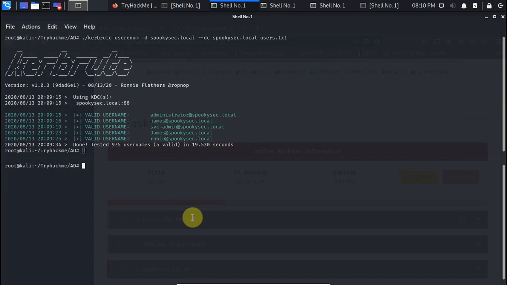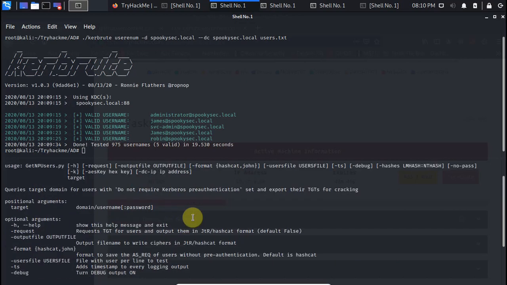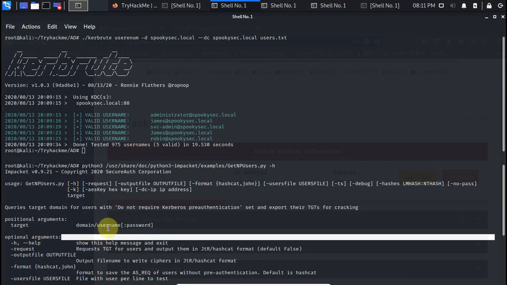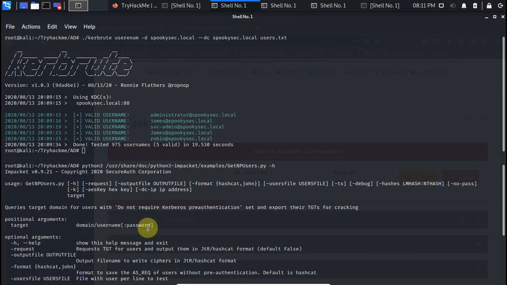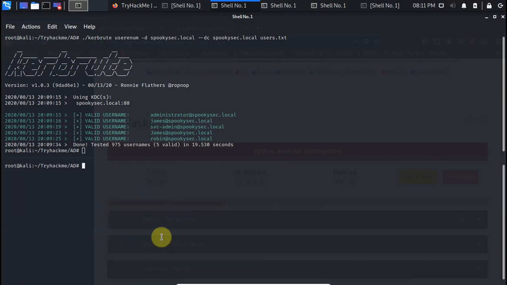So it's a Python 3 tool, so we're gonna use Python 3, and let's use the -h somewhere around. Let's see the options for this tool here. Okay, we have cool options here, but one thing with this tool is it's telling you to put the domain first, and after that you put a slash, then you put a username. I don't know why this tool is supposed to work like this,